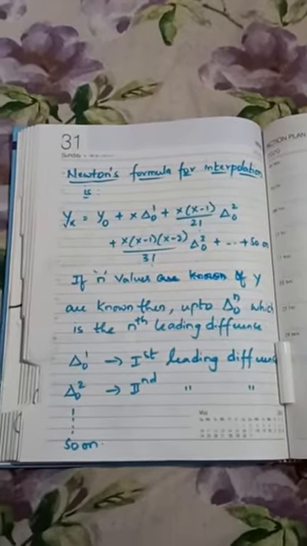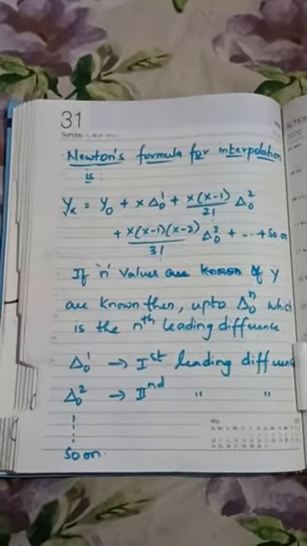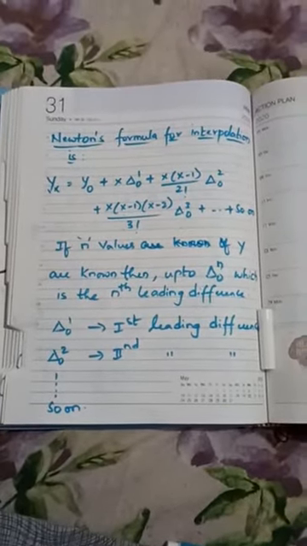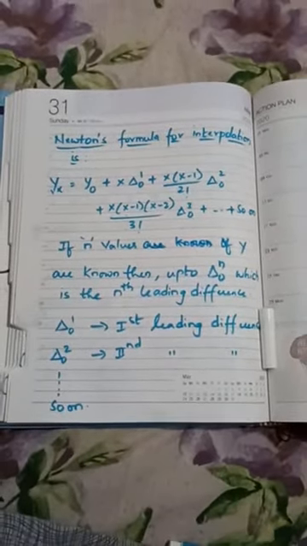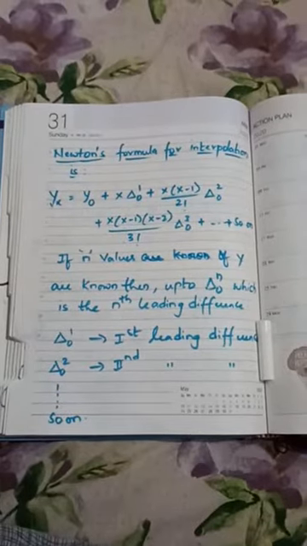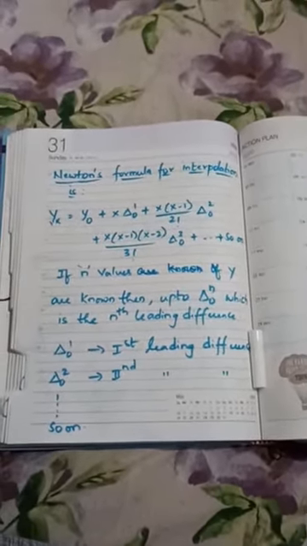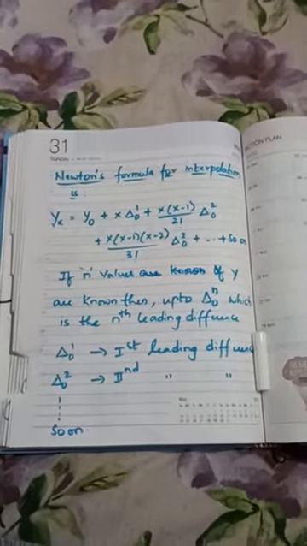Am I clear? Yes. Now very carefully observe: y naught plus x delta naught 1 plus x minus 1 by 2 factorial into delta naught 2 plus x minus 1, x minus 2 by 3 factorial into delta naught 3